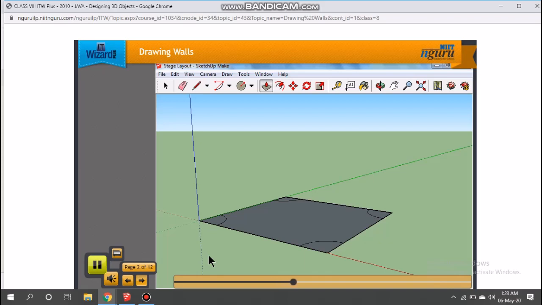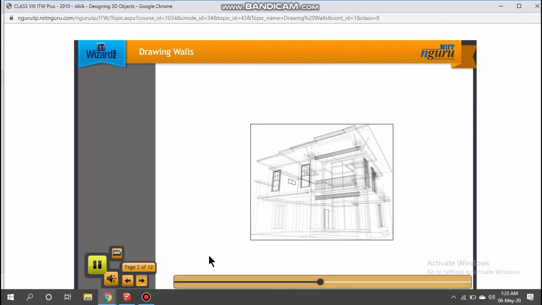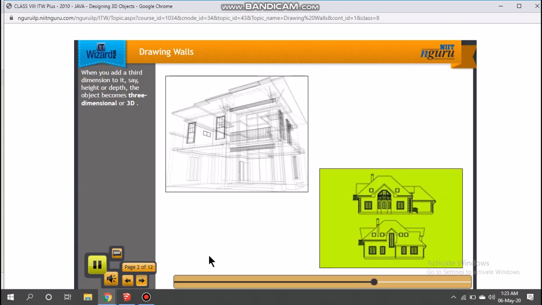This basic layout is a two-dimensional representation of your stage. When you add a third dimension to your layout, say height or depth, the object becomes three-dimensional or 3D. The 3D layout gives a much more presentable and realistic image of an object than a 2D image.